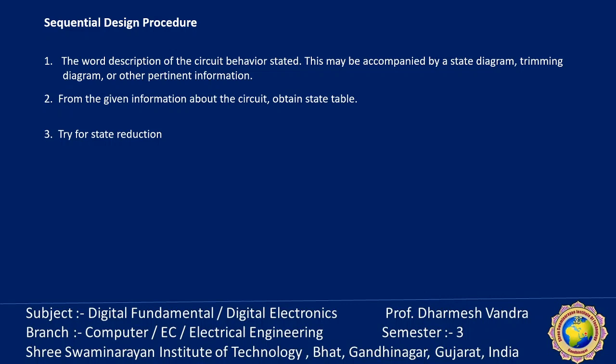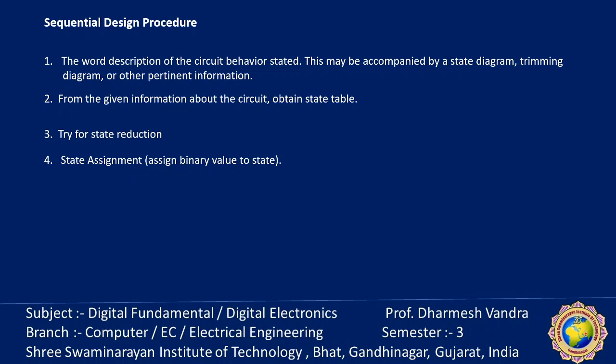Next, we have to convert the final states into binary values. It is called state assignment. So assign a binary value to each state if the state table obtained in the previous second or third step contains letter symbols. Initially, the states are symbolized by A, B, C, D alphanumeric codes. Then try to reduce them by the reduction method which we discussed in the previous lecture.